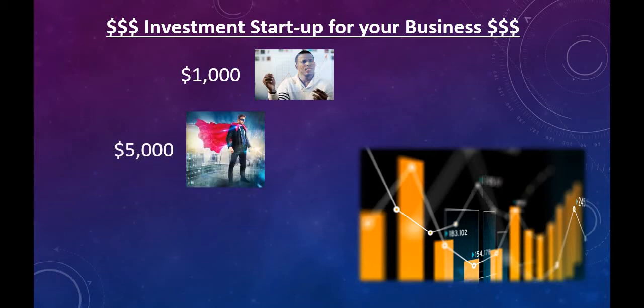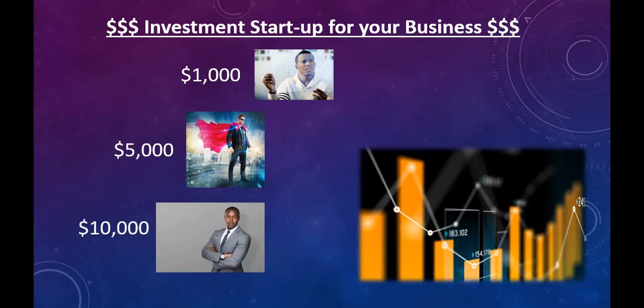Then we're going to talk about a $5,000 startup. If you start with $5,000, we're going to show you a strategy on how to do a $5,000 startup and what it would do in a 3-year term. We're going to do all of them for 3 years. And then last but not least, the $10,000 startup, and we're going to break it down. We're going to show you the compounding mechanism, how this stuff works, and we have all the accounts that you need to actually make this a reality for you.